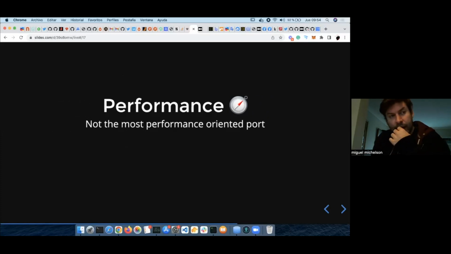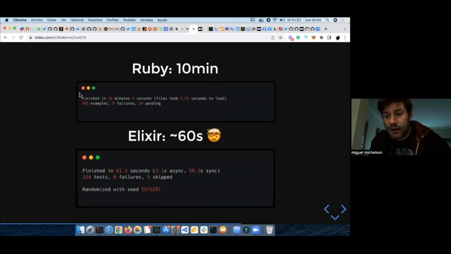Performance-wise, this implementation was not the most performance-oriented port. It really was just a translation in many terms. You can see here the Ruby test suite takes at least 10 minutes to run, and in Elixir it takes just 60 seconds.